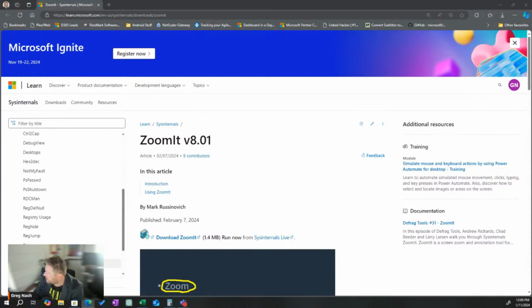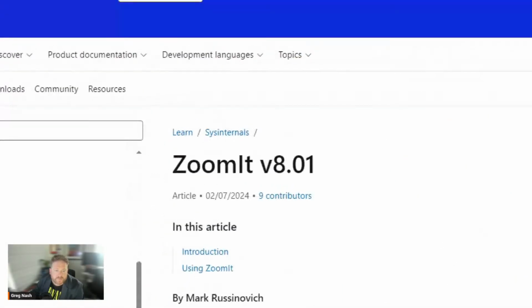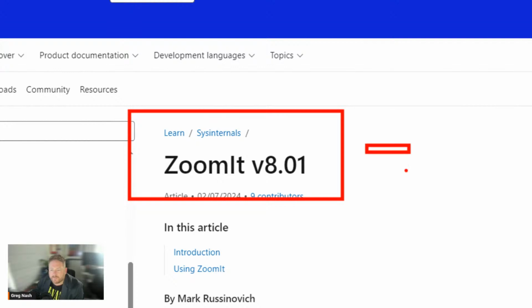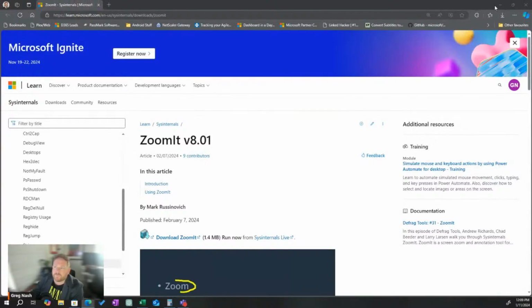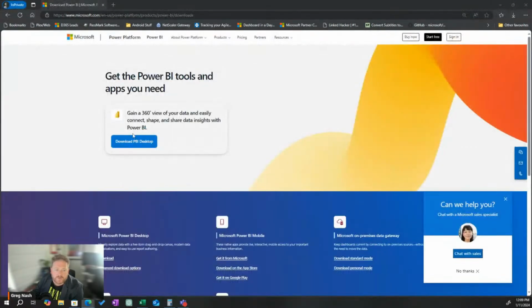Matt's here. Hey, Matt. There's a link. That's ZoomIt. ZoomIt is great because you can do this. You can draw squares and lines. There are arrows as well, but I don't know how to do them. I really should look it up. Oh, circles. If you hold Tab, it's a circle. Control Shift. Oh, I can never remember how to do an arrow. Anyway, that's ZoomIt. It's very useful, and it's just a free Microsoft tool. Just download it, and then you can do cool presentations, just like your mate Greg.